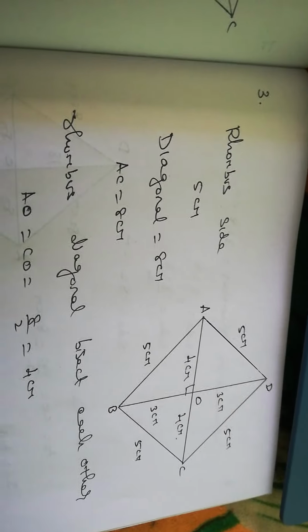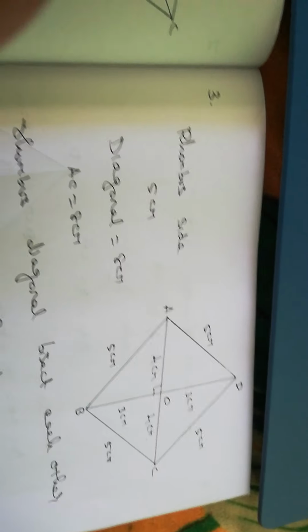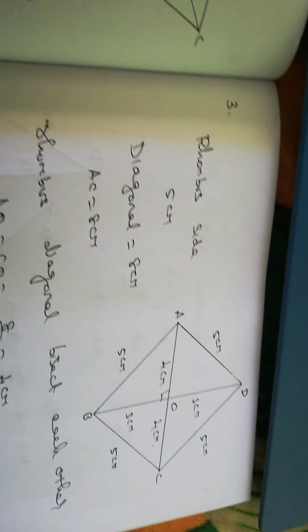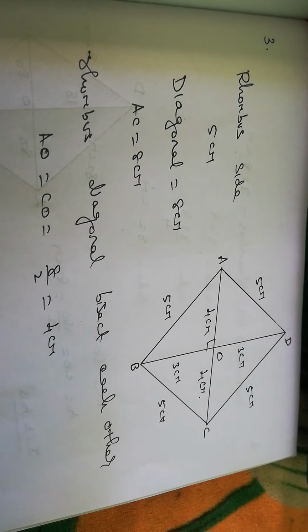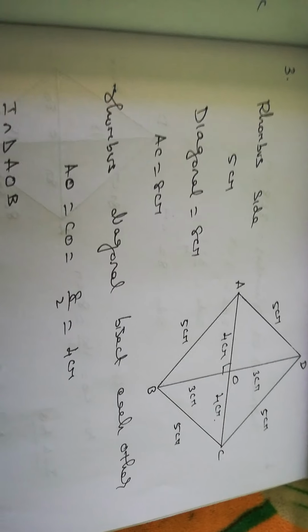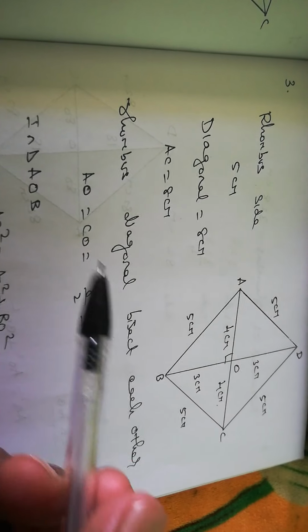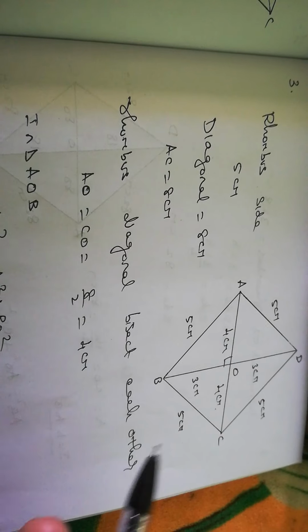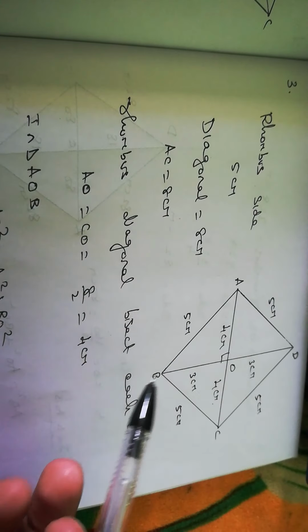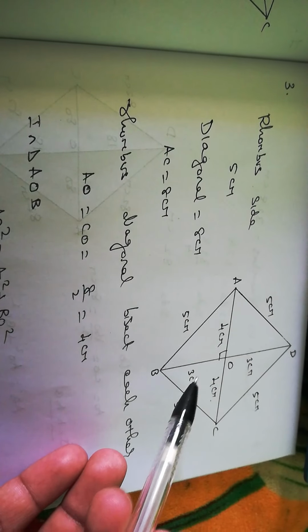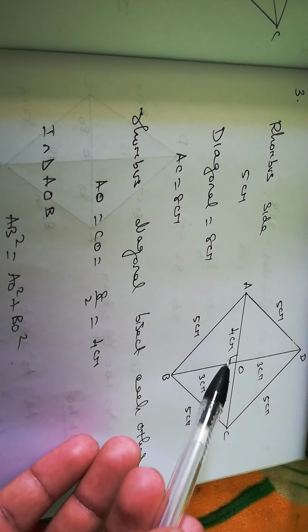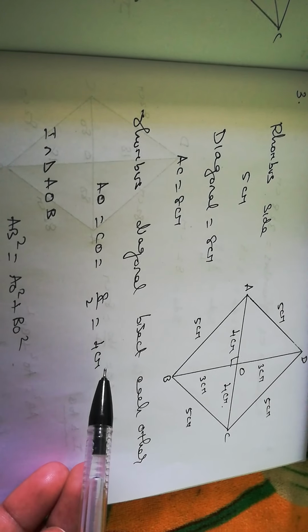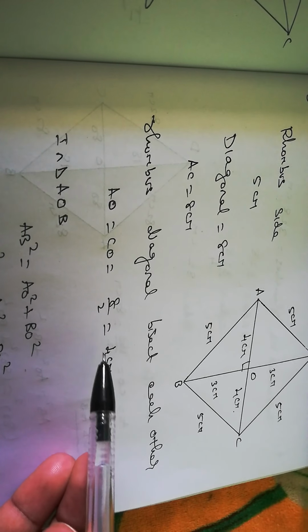And next question number 3. Question number 3, you see what's given. The side of the rhombus are 5 centimeter, and one of the diagonals is 8 centimeter, and AC is 8 centimeter I mentioned here. And we know rhombus diagonals bisect each other, so these two are equal, these two are equal. So if this is 8 centimeter means this will be 4, 4. So AO and CO is equal to 8 by 2, 4 centimeter. Okay, so we got 4 centimeter here.